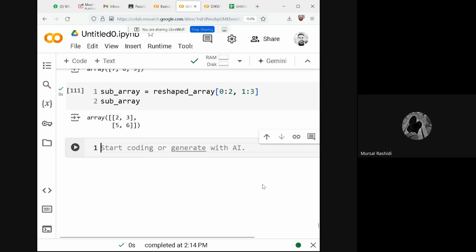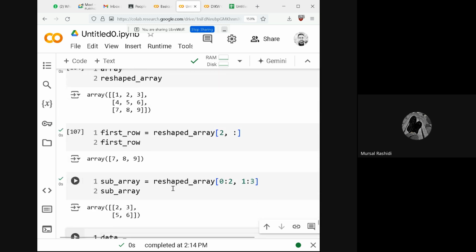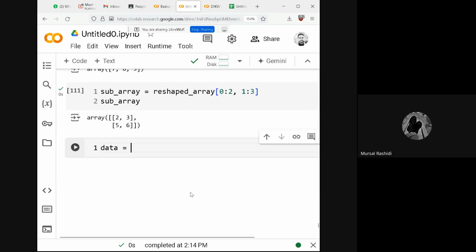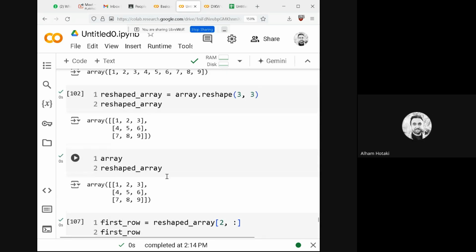Sir, yes, please. Can you please explain this one? I mean, like sub-array and reshaped array in Persian as well, because I really didn't understand anything. Okay, Psycho,